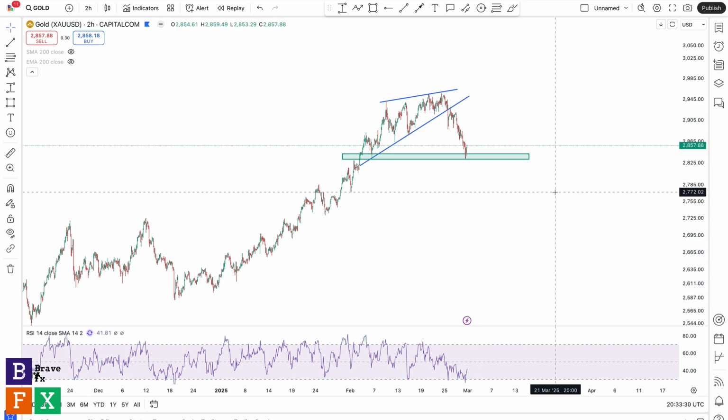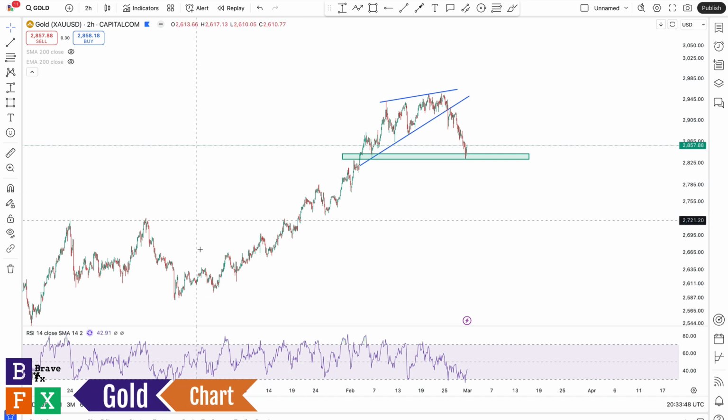So today, I just want to focus on three main charts, which is the gold chart, Nasdaq chart, and the Dow Jones, so the US30 chart, right? Because these charts tend to provide us with the best trade opportunities after scanning most of the charts in the market. So starting with the gold chart on the 2 hours time frame, what we can see is gold has